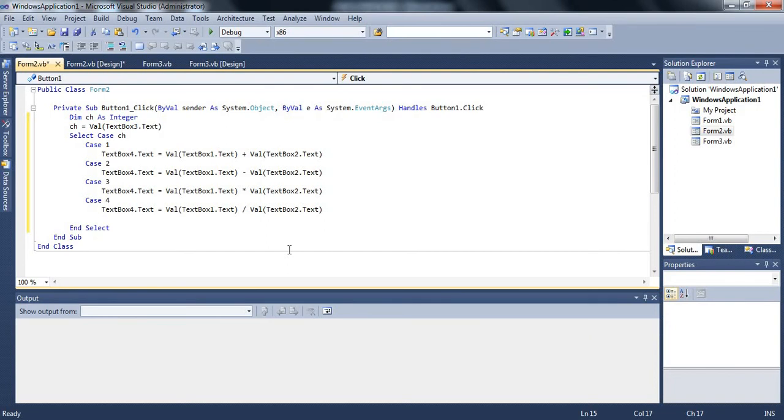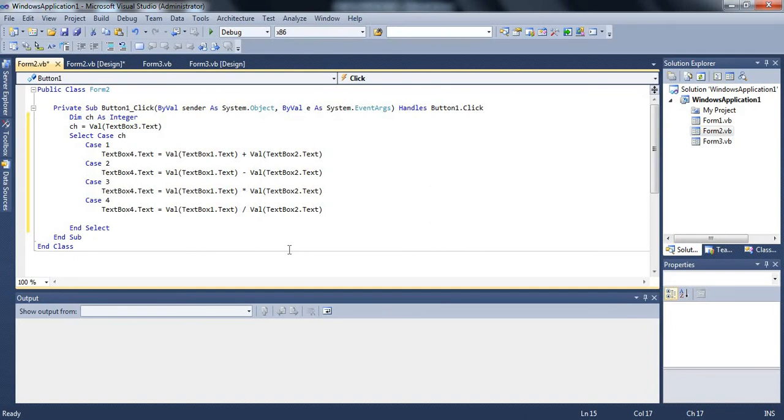Because when I enter my choice as 1, addition will be calculated and displayed. If I enter my choice as 2, then one number will be deducted from the other number, which is subtraction. Case 2 will be executed. If I enter my choice as 3, then multiplication will be displayed. And if I enter my choice as 4, then the result of division will be displayed. What if I enter my choice as 5, which I do not have in this structure?